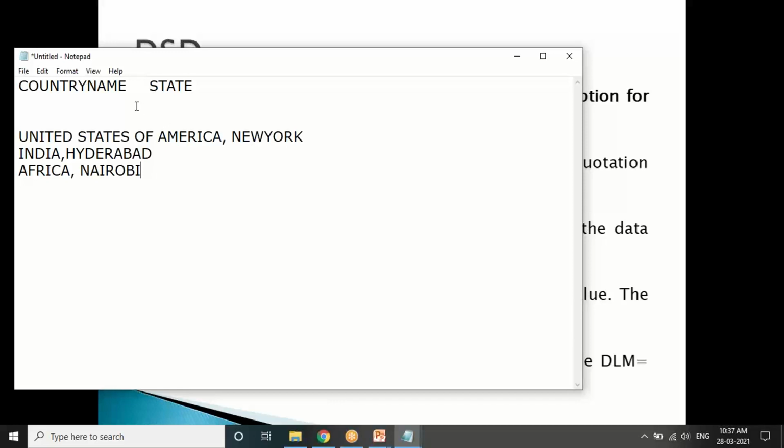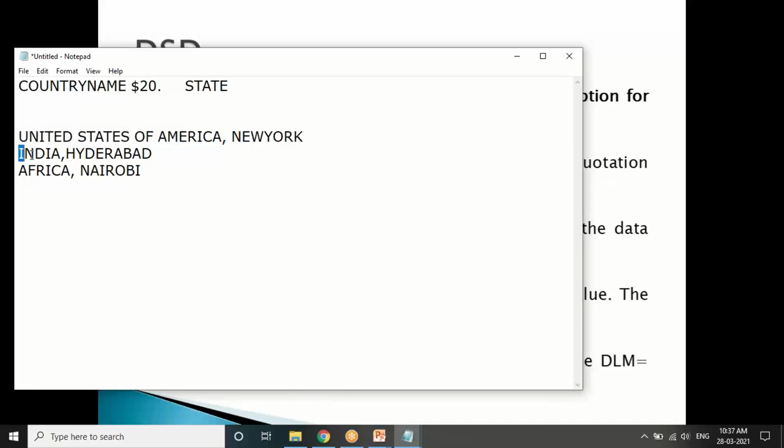So what we can do is, along with the variable name, I can specify how many characters you wanted to read as a default. Do you remember yesterday we discussed the w.d notation, width and decimal. Here, for the variable called country, I wanted to assign more than 8 characters. So along with that, I am specifying 20 or 30 characters, whatever you want. So it will be able to read the first one because it is almost 20 characters.